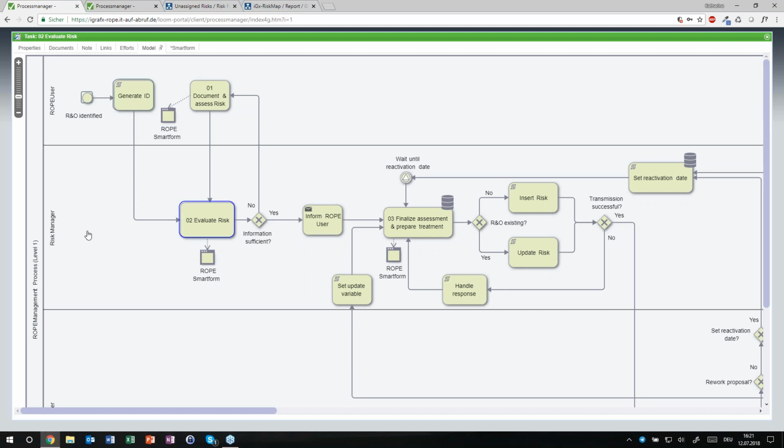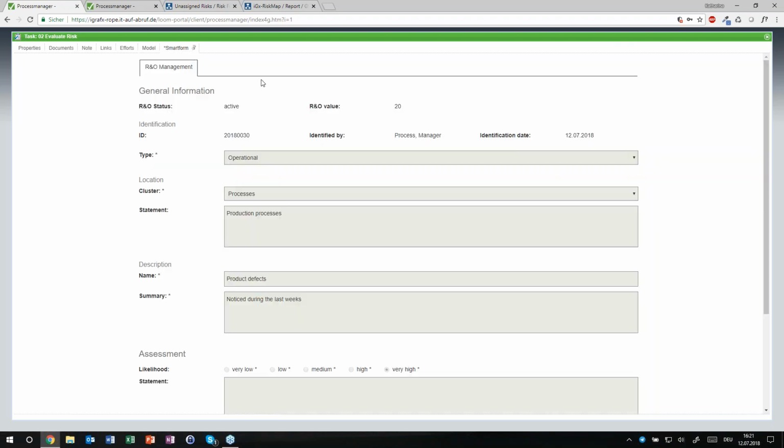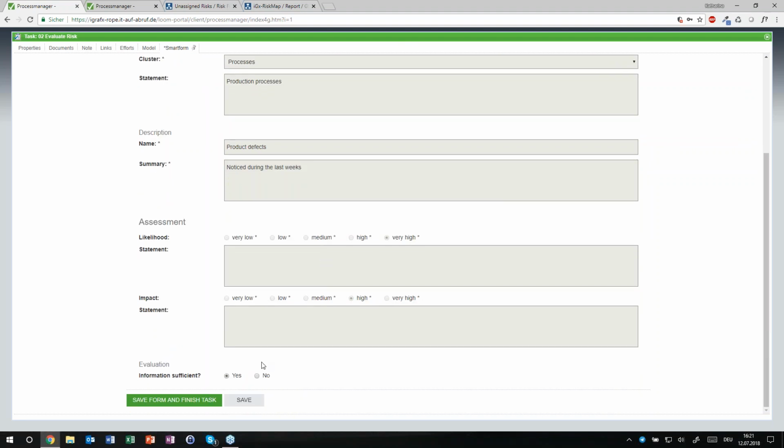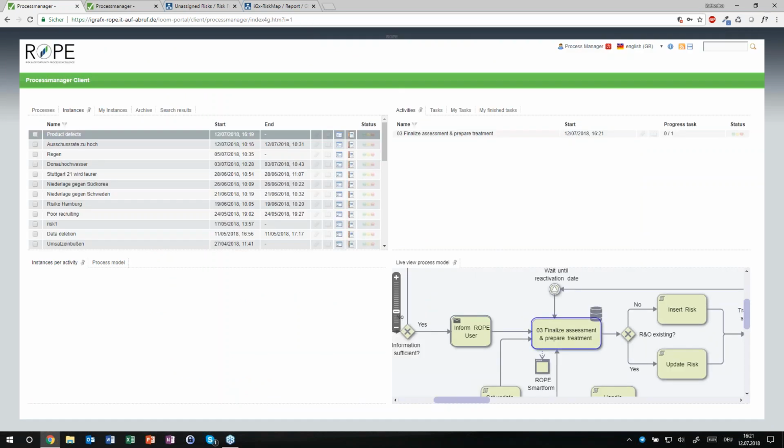So we can directly track who is responsible, and the gateway, the decision, tells me if I choose yes, we are going this path. If I choose no, we are going this way. But for the end user, that's not really important, because the end user is just working on the smartphone. So I will receive all the information. Now I can say, well, it's enough. So I save the form and finish the task, and then the process moves on.